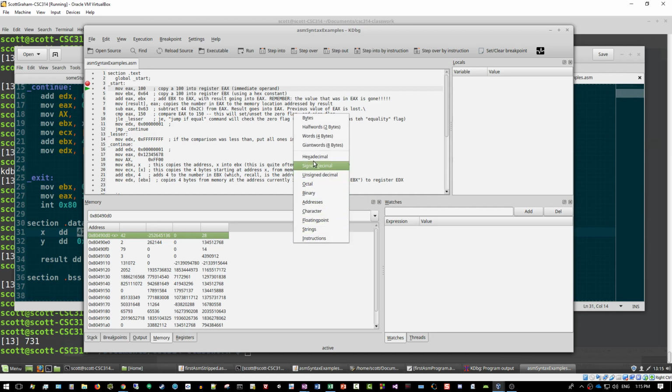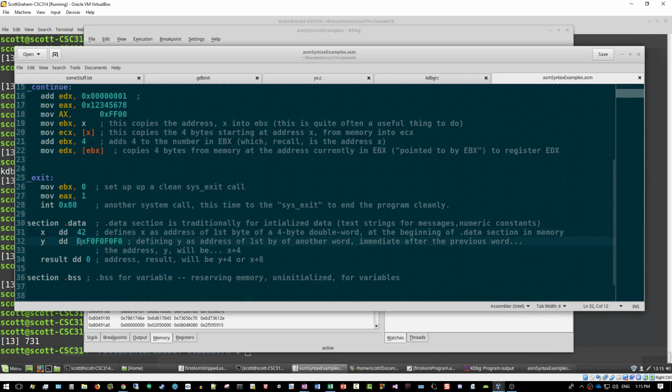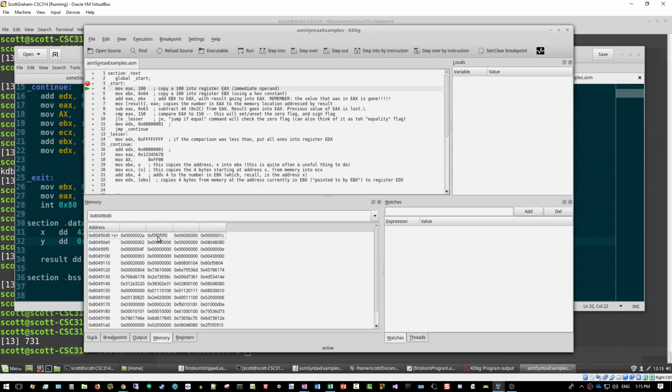Now, but let's go back to the hexadecimal, and we see the F0 that we put into Y in the next 4 bytes. All right. Now, one thing you don't see, because these are all identical, is the little endian. You're not going to be able to tell that it's been reversed, but trust me, they did get reversed. Okay. So these 4 bytes here of these F0, F0, F0 are the reverse of